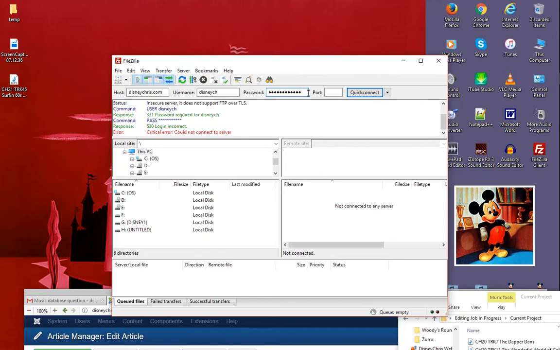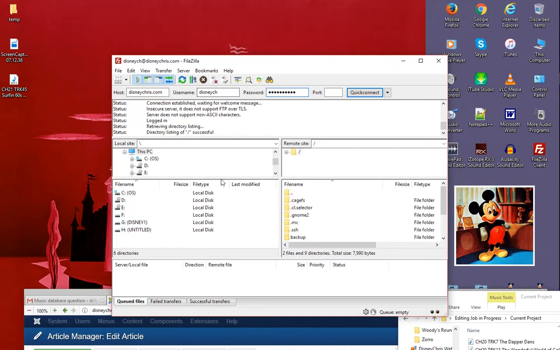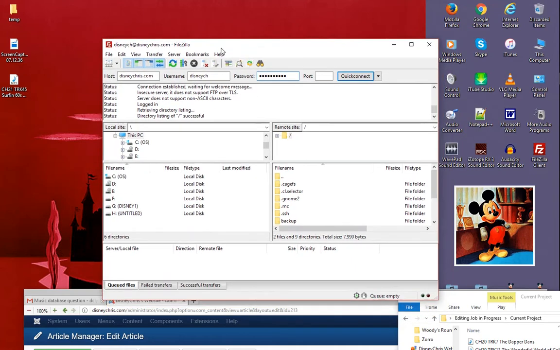Oh, I put in the wrong code. I've changed it a few times, so I forget what the current one is. Alright, there we go. So now I'm logged into this FileZilla, and